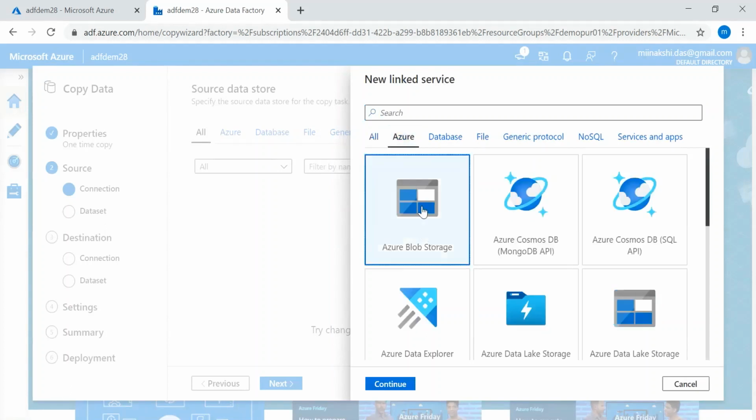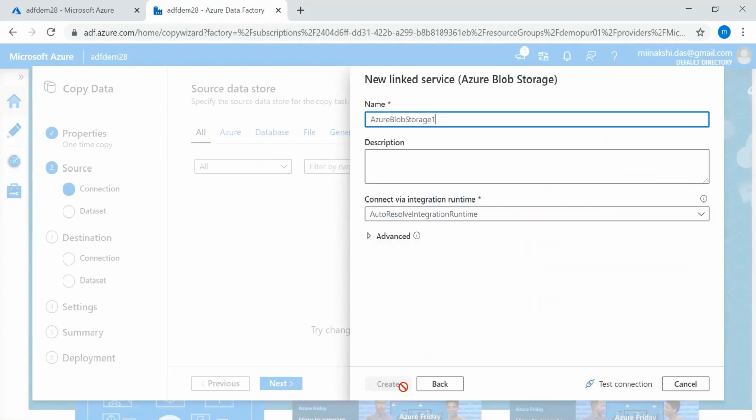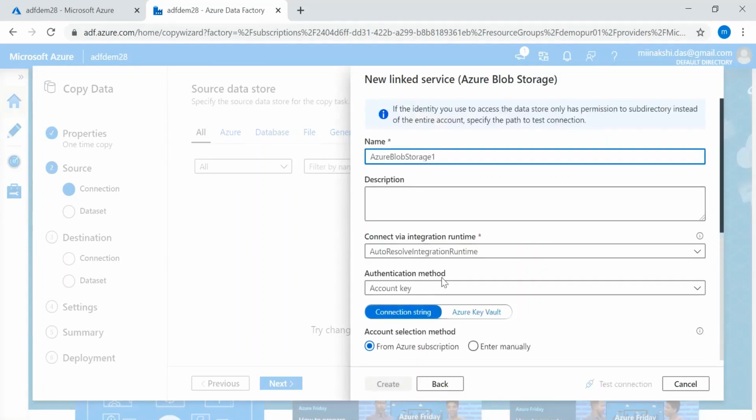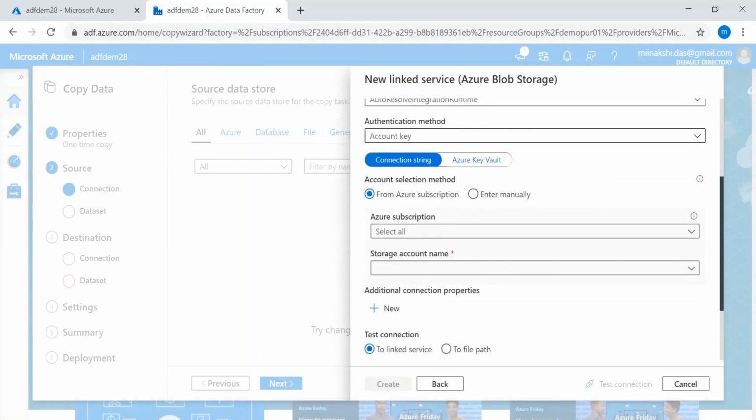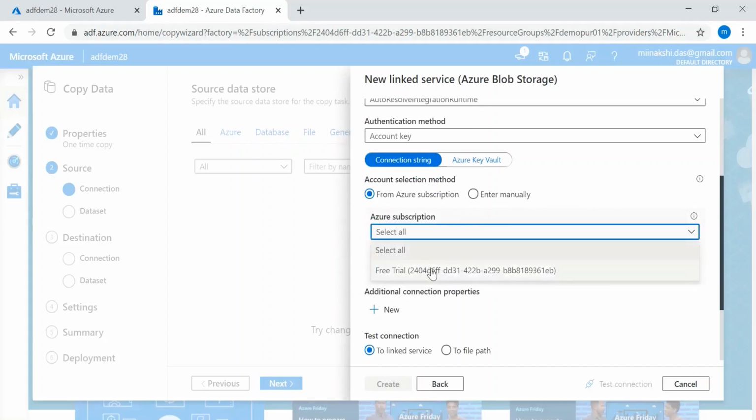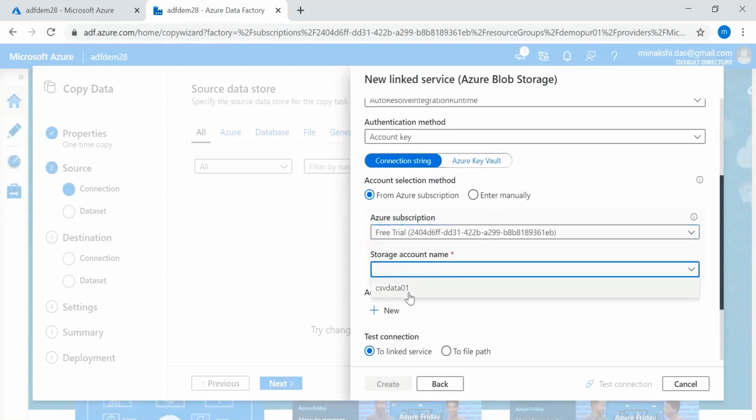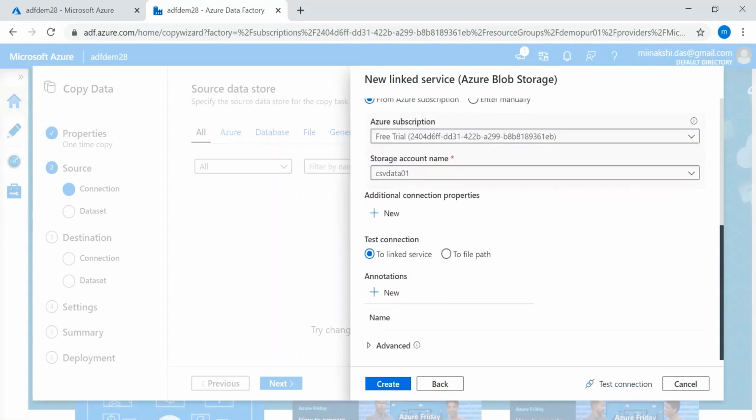This is the Azure Blob Storage. Continue. Create.